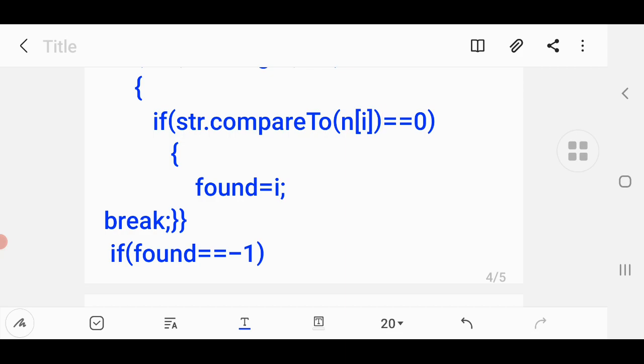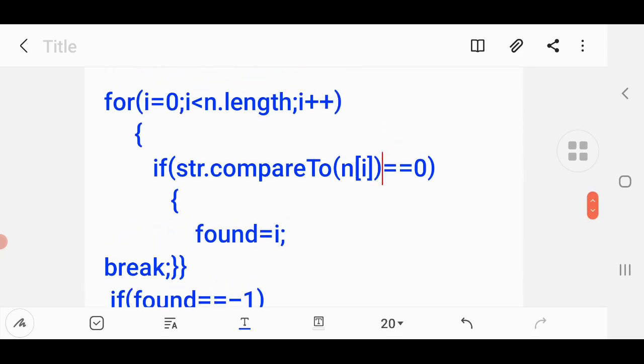Is that clear? If it is found, found will have the value of i, and then the loop will be terminated. So we close the if condition and then we close the loop, this loop. We close the loop also, this one.